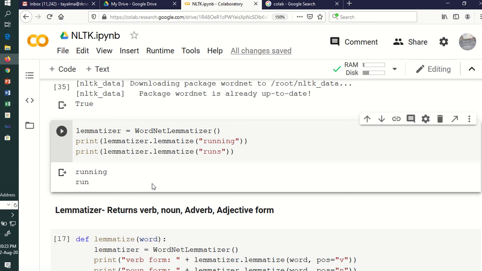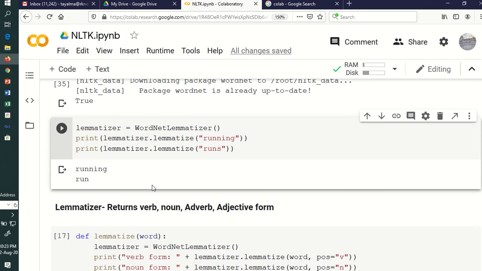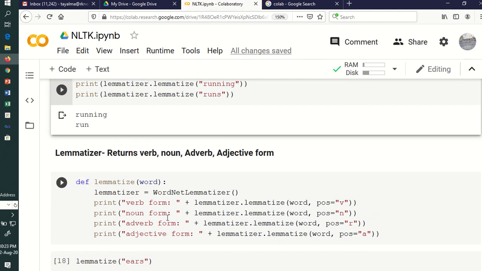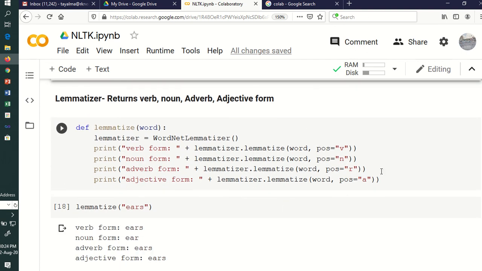Your lemmatizer also returns different forms, like your POS tagger gives different forms: verb, noun, adverb, and adjective. So in lemmatize, there is one argument we can pass, that is, whether you want it as verb, noun, adverb, or adjective. So you can use that argument for lemmatizer.lemmatize.